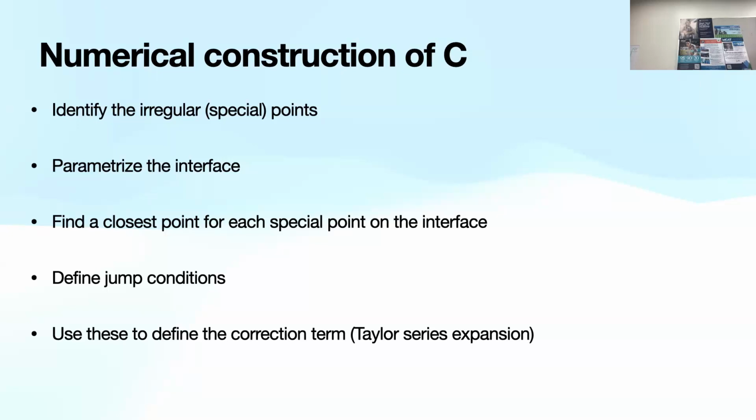So let me say I'm standing at this point. For me to get the solution at this point, I need the solution here, and at that point. But this point is outside of this region. If I call this omega plus and omega minus, the solution at this point needs the solution here, but it lies in the omega minus region. So if I try to write the 5-point stencil at that point, then I have something like